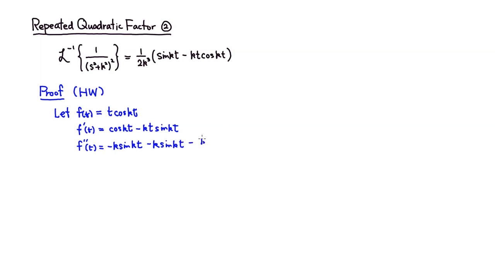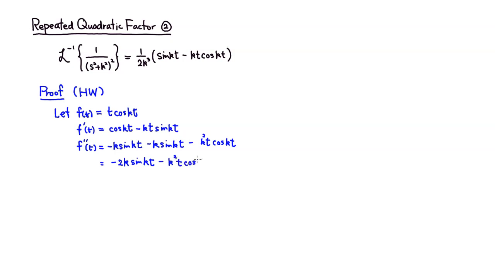Negative kt times the derivative of sine of kt, which is k, so k squared cosine of kt. So if you clean it up, you're going to get negative 2k sine of kt by combining the first two terms,